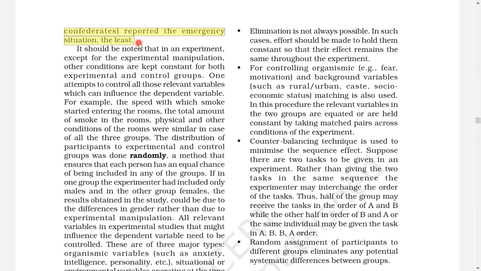So if you can change this example to a classroom, you can say taking a bell, the ending of the school. If you can take a bell as an independent variable and the behavior of students in one condition, when there is no teacher in the classroom, the students may run after ringing the bell, right?